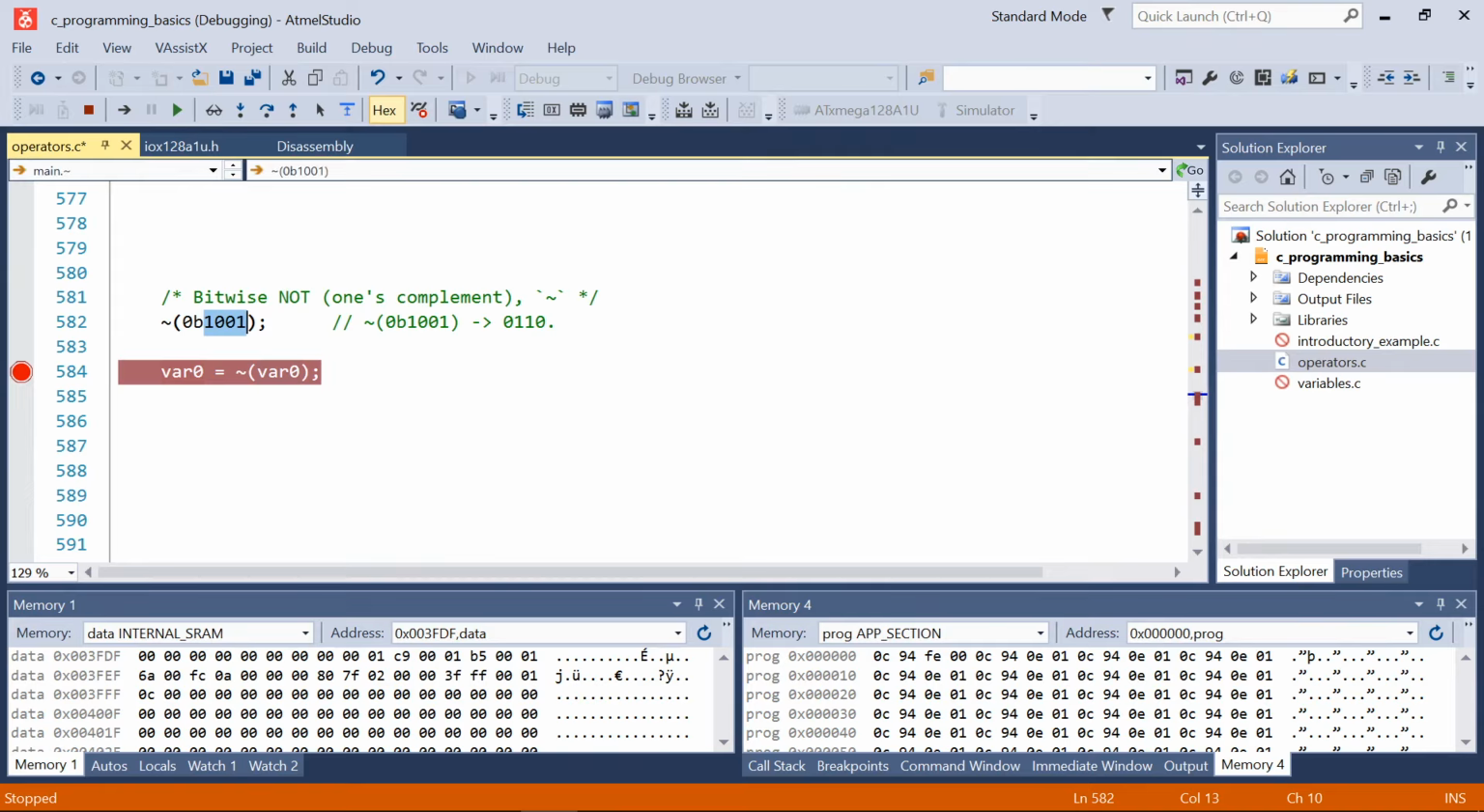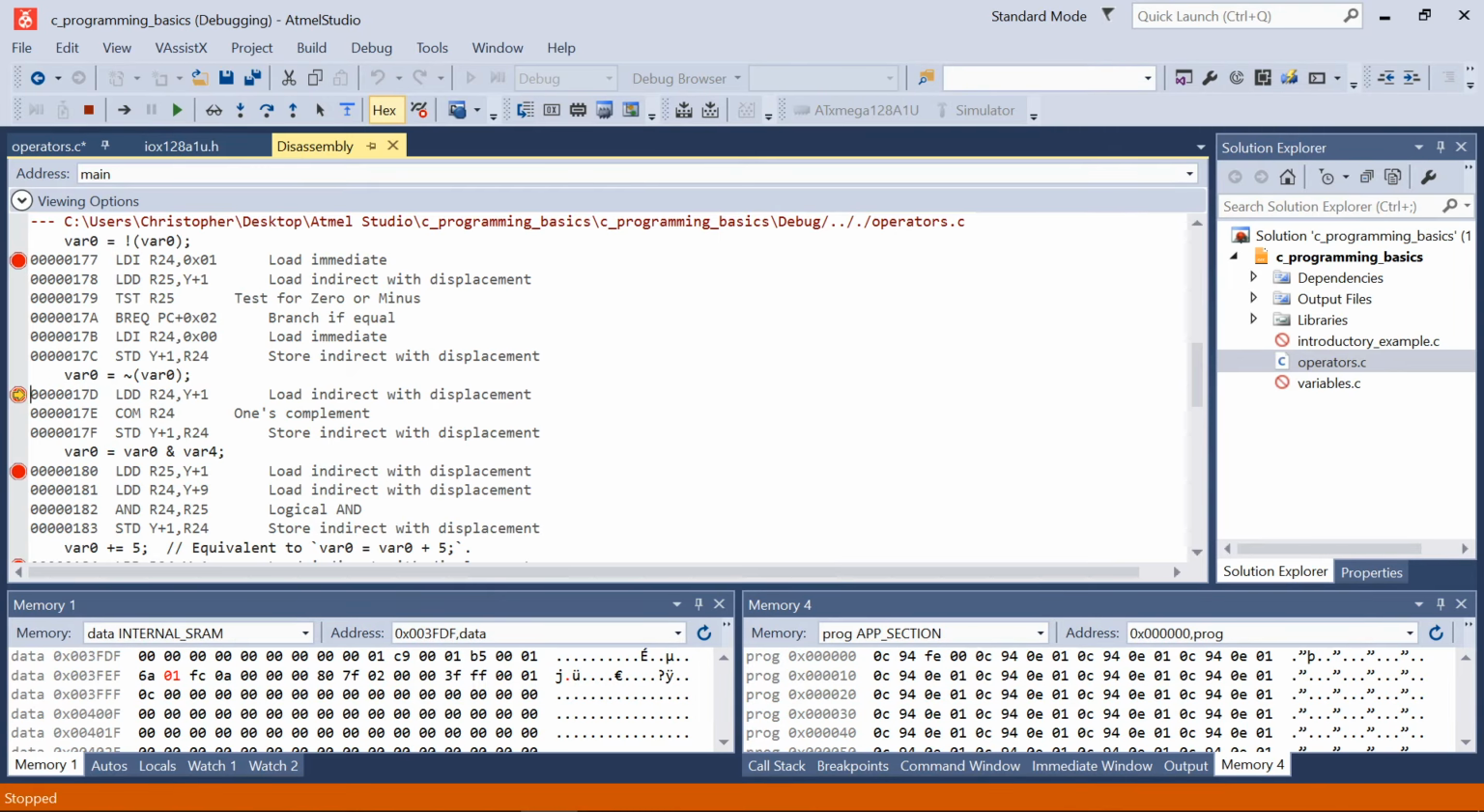So this result will ultimately be the value 0, 1, 1, 0 in terms of binary. So this actually manipulates individual bits rather than the overall value, which is different than the logical operator not. And this is the tilde operator, or tilde symbol, to represent the bitwise not. In this case, the assembly code would be something like the complement instruction, which does the ones complement